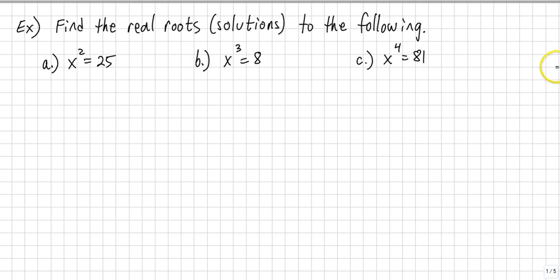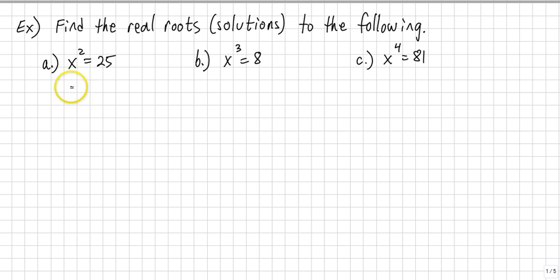So let's see what we're talking about here. The directions tell us to find the real roots, which we know are called solutions to polynomial equations. So we want to find the real solutions to the following equations. If you have x squared equals 25, and we're supposed to solve that,